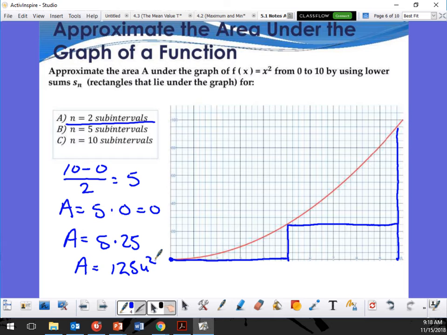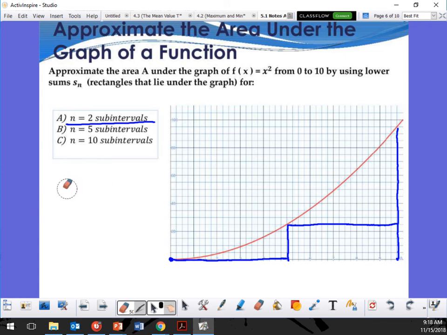That's not very accurate. Yeah, it's not, is it? Look at that giant chunk there. Okay, so now our next one is going to be